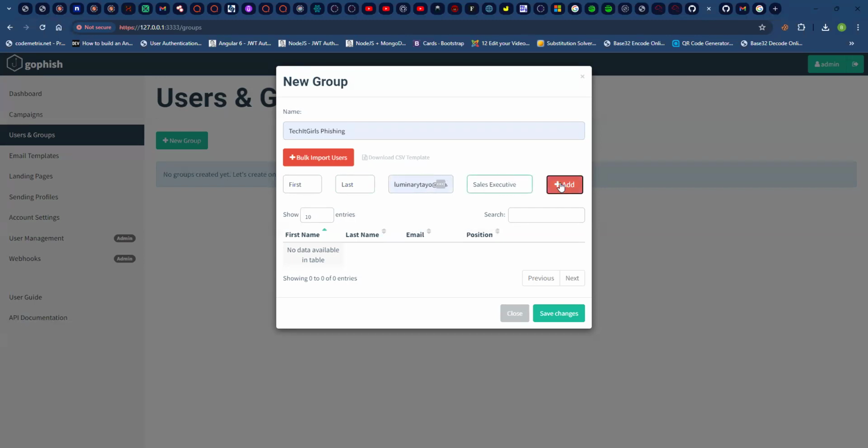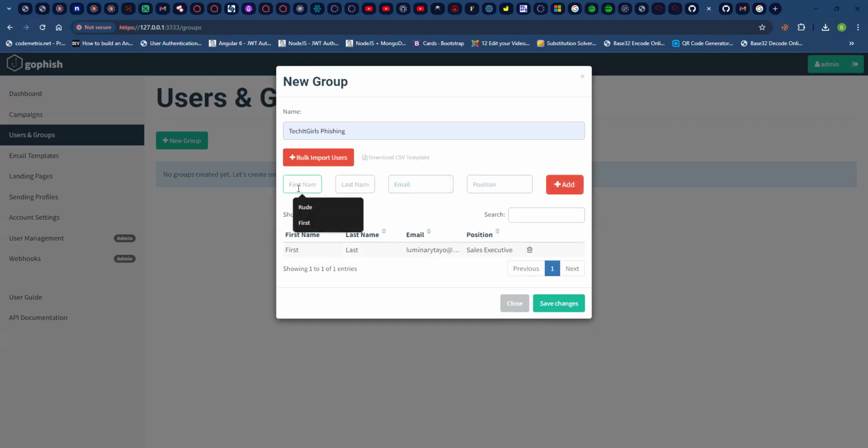So we can just add that here. I can add someone else. So let's say Trojan Human. So I'm going to put another email address that belongs to me as well. And of course, you should not be doing this without authorization, right? And I think I spelled that Gmail wrong. Can't even see what I'm typing there.